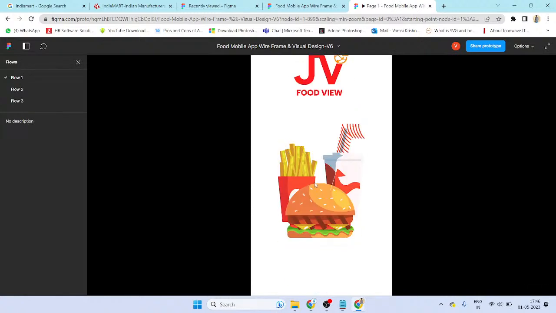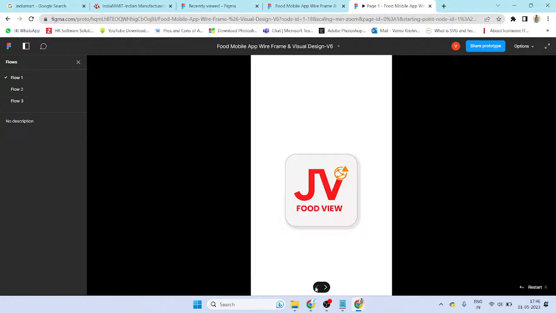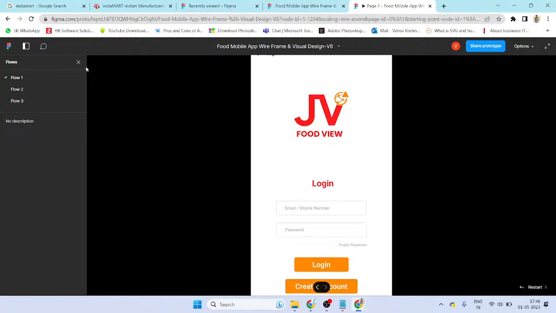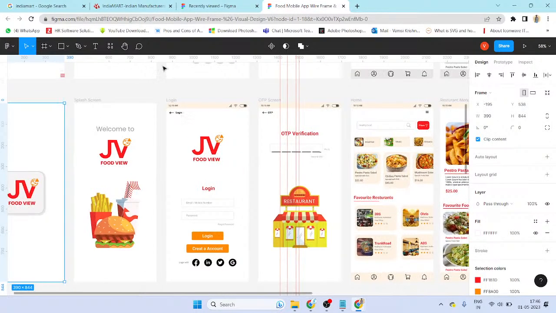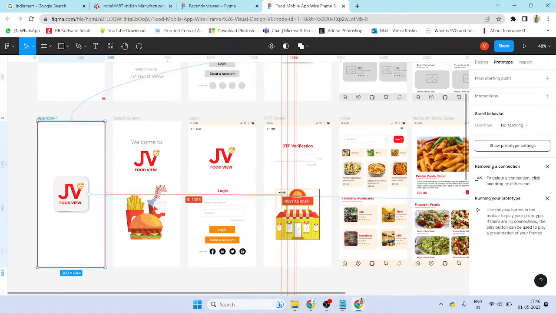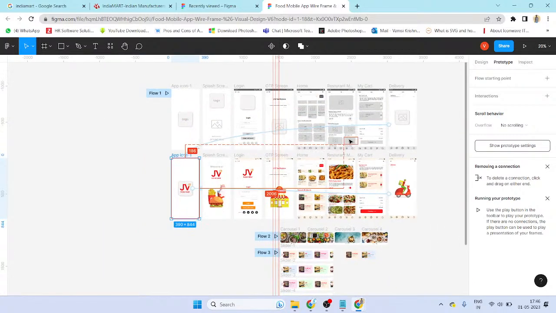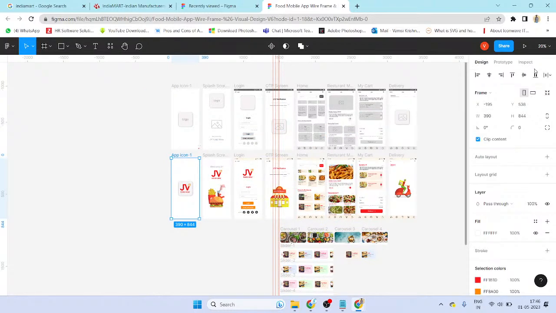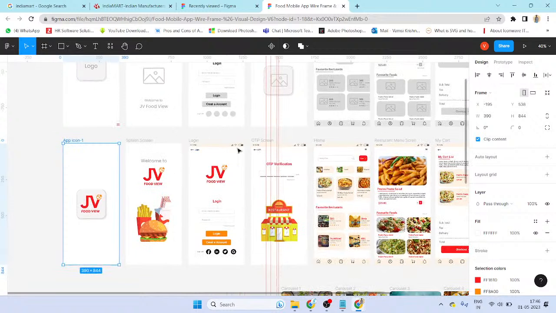Click it, the mobile app, and click it, login. Just logins. So here we have the screens, and come to close this one. Come to the prototype and see the screens. We don't have the complete prototype here. Okay, so only design. Sir, we have a flexible option here, and I would like to create this splash screen